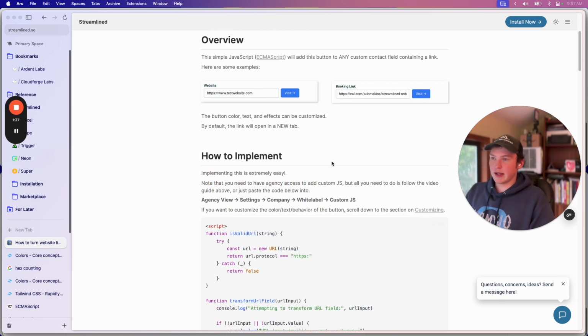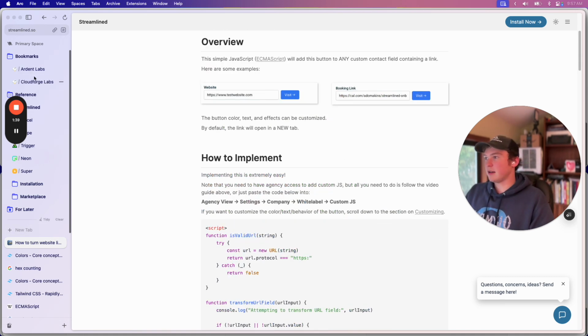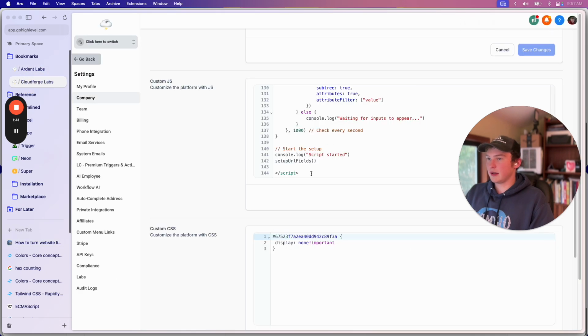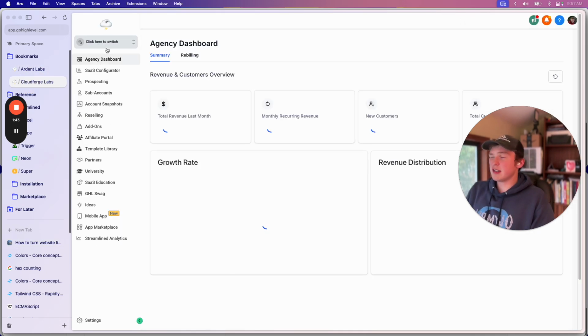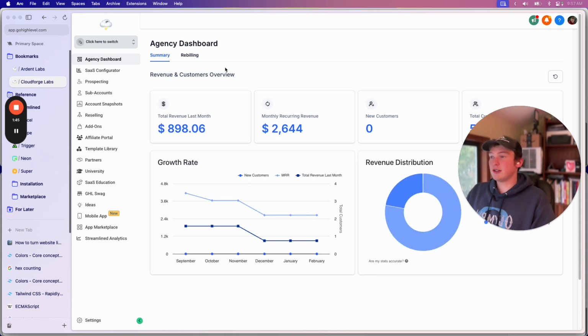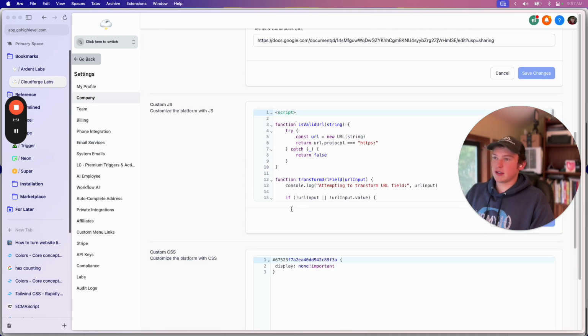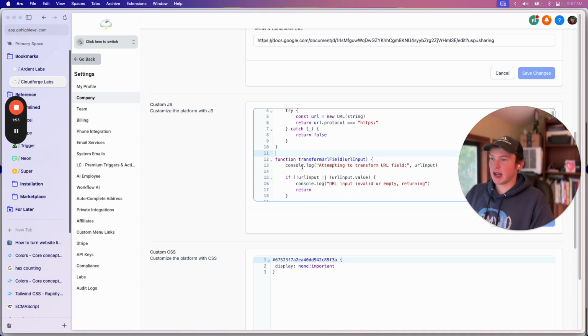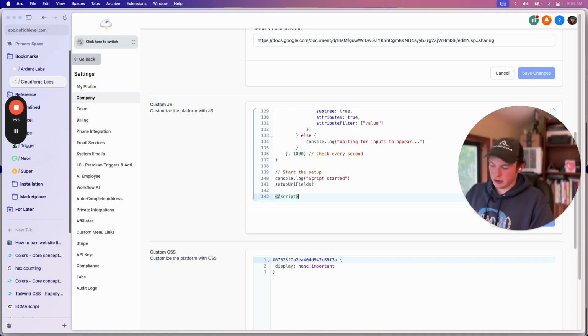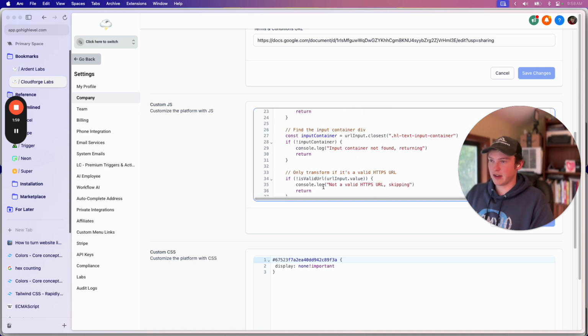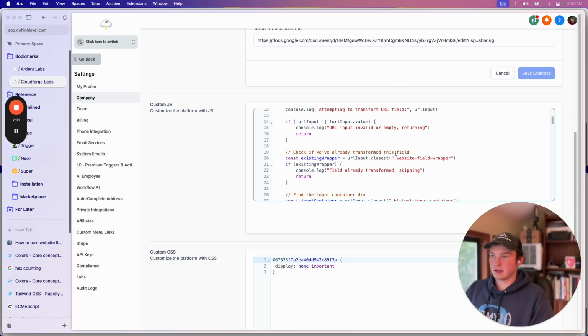And the way you install it is, if I copy this again, basically you need to make sure you're in the agency view. You can only do this as an agency. So you would go to settings and then company and then white label and then scroll down into custom JS, and I do Command A to select all,